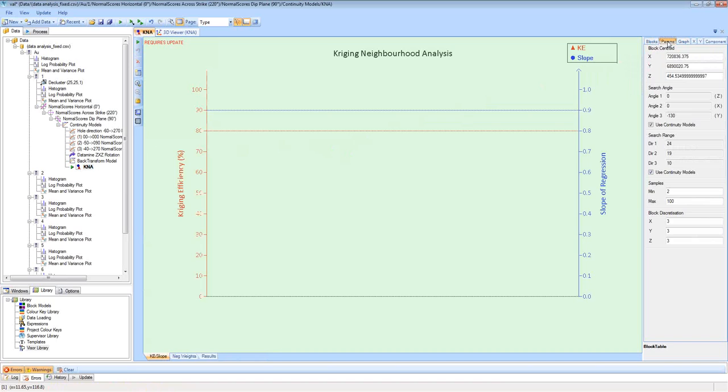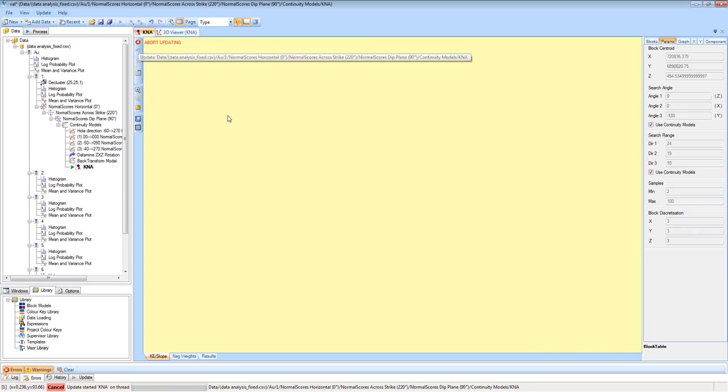Now the next thing to do is look at the parameters that we're using for our estimates. The block centroid is simply located based on the centroid of your data, but once we've updated this so it knows where it is, we can go and adjust that in the 3D viewer. The search, orientation and ranges are drawn from the variogram. You can overwrite those by unticking the box and entering your own values. For the initial pass we use lots of samples, so it's allowed to use up to 200 samples so that we're not limiting it by the data, and we're just using a standard 3x3 by 3 discretization for the first round of tests. So you can edit those as you like. So if I update the graph,